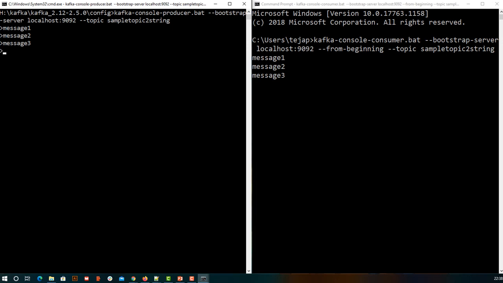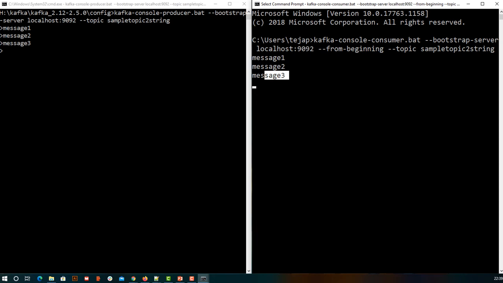We can read it as message 1 being partition 0 offset 1, then partition 0 offset 2, partition 0 offset 3. If we have one more producer that also produces on the same partition, suppose it produces message 5 and this one produces message 4, both are producing on the same partition. So the offset number will change, but the partition will not. That is the whole concept: the producer produces on the queue, and the consumer reads with a specific unique ID for each request, the partition number and the offset number.